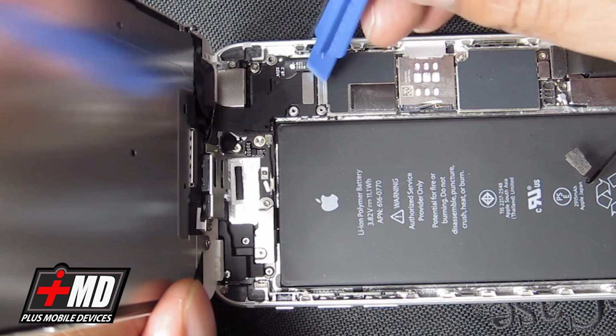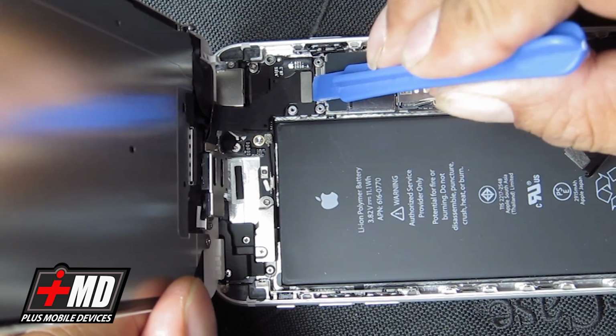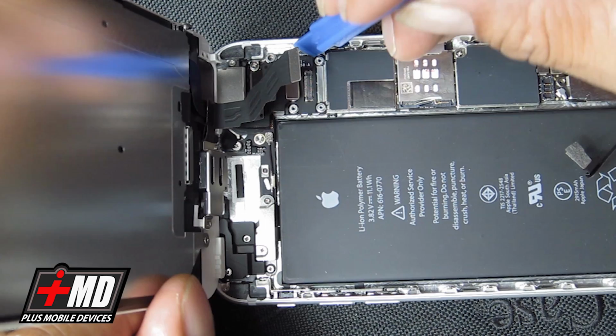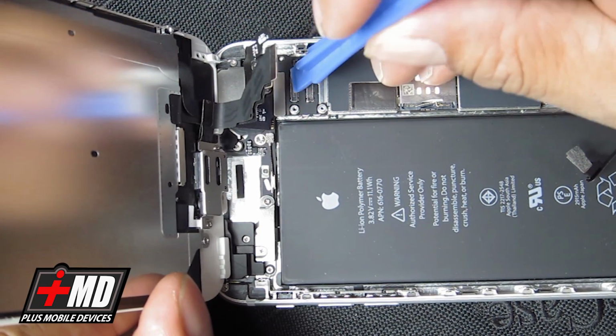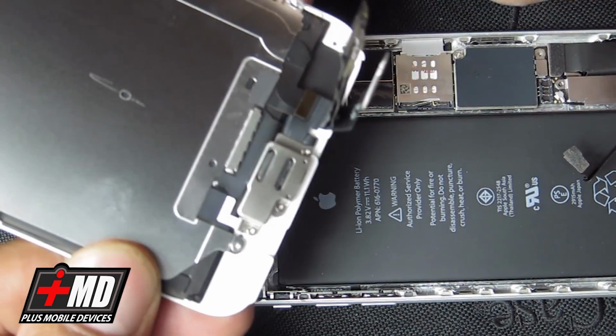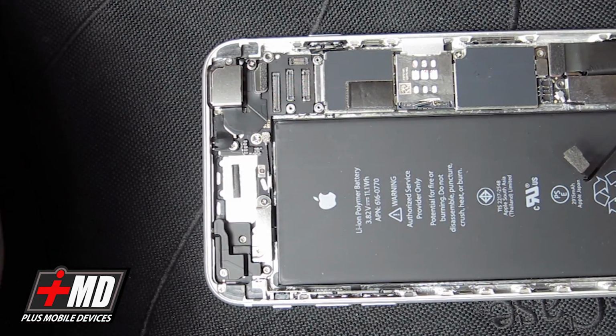Now take the pry tool. Go ahead and lift the pry tool to lift the digitizer and LCD off. Now go ahead and lift the camera, and this is the main LCD. Now you have this off. What we're gonna do, let's go ahead and put this out of play for now, and we're gonna test our